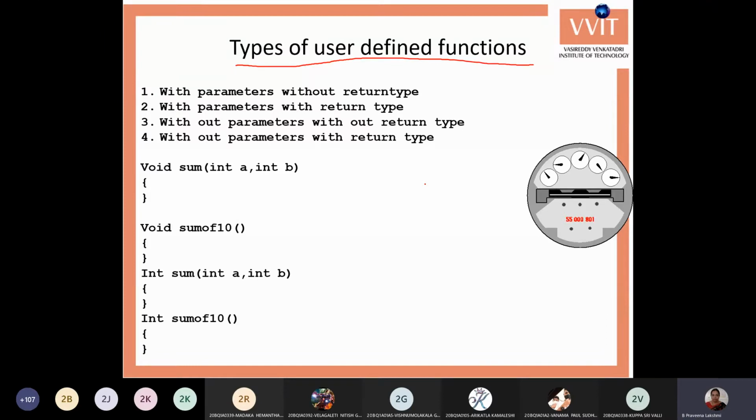This is also one of the important questions in functions. They will ask, explain about different types of functions. They may not ask explain different types of user defined or predefined functions, only explain about different types of functions. So then you write two types, predefined and user defined, and within user defined write the types, and give examples for user defined.